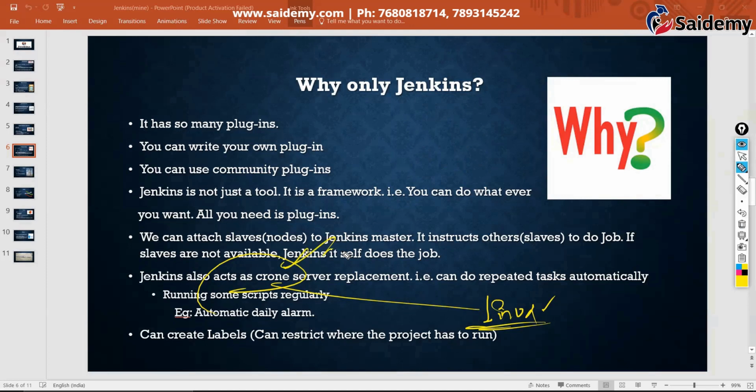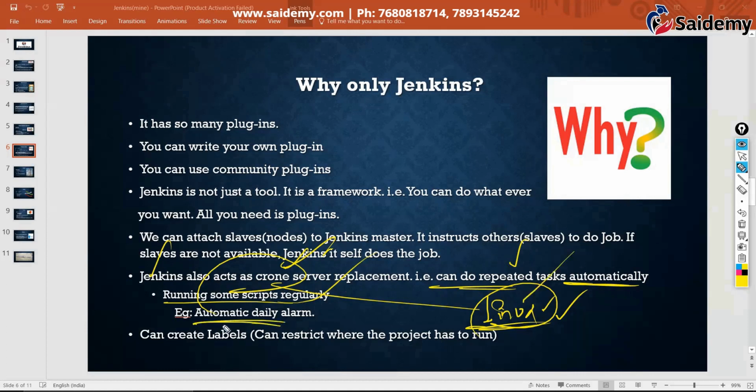In every Linux machine, you get that tool by default. The same tool is available in Jenkins also. That means the same scheduling tasks we can do in Jenkins also.